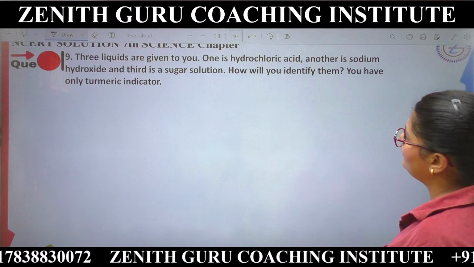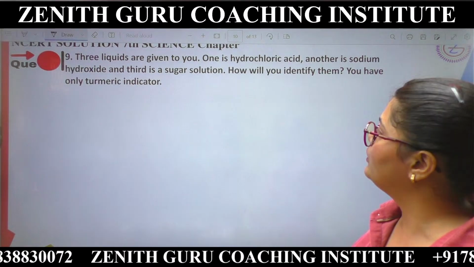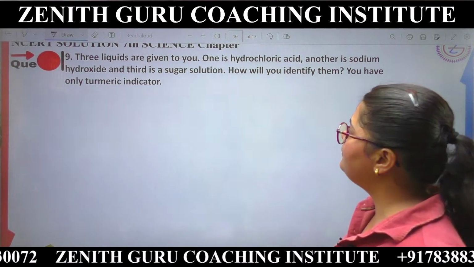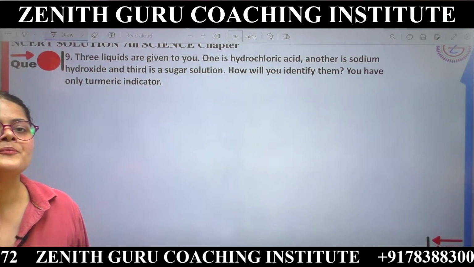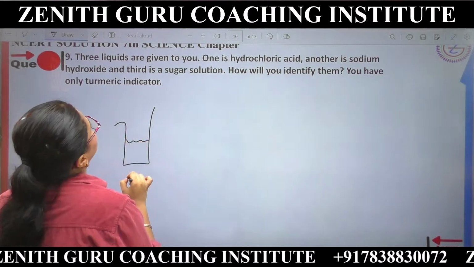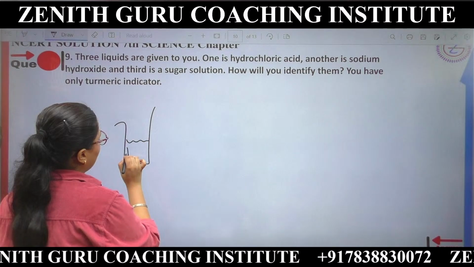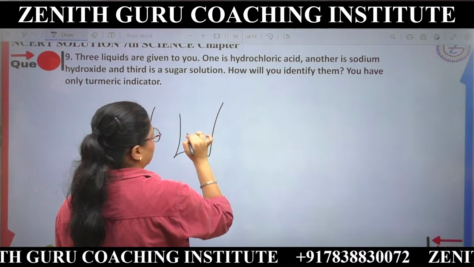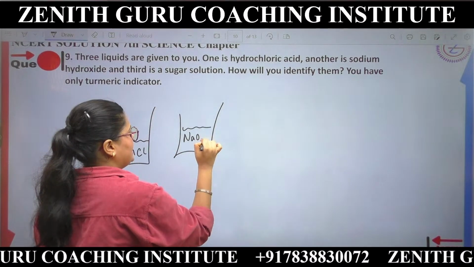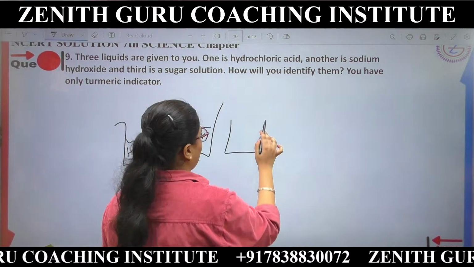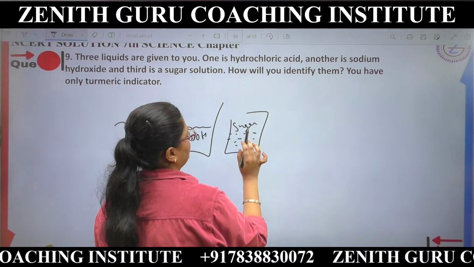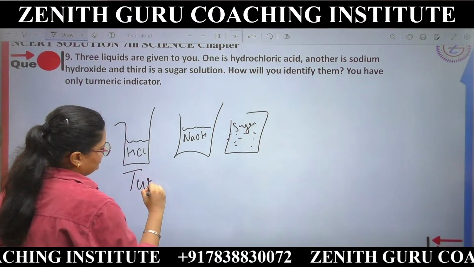Three liquids are given to you. One is HCl, another is sodium hydroxide, and third is sugar solution. How will you identify them? You only have turmeric indicator. Okay. Now let's have the three liquids first. This is our hydrochloric acid. Then which one do we have? We have NaOH. And then we have some sugar solution. Now, when it comes to turmeric,